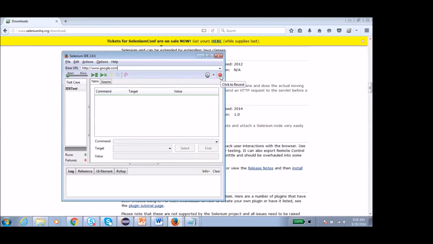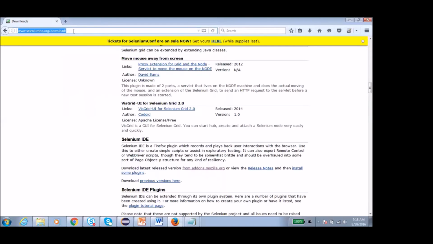And now we can start recording here. We will click on record now, and we will see how to do recording and how to play the already recorded test case or test script. I have clicked on the record button, this red button. You can see it is showing recording, click to stop recording.